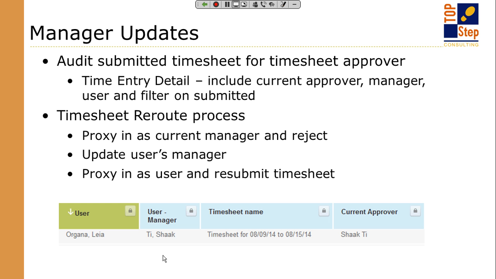It comes across in the email to the user that the timesheet's being rejected because it's being rerouted to another manager. Update the user's manager then at that point, and then proxy in as the user, Leia, in this situation, and resubmit the timesheet. And it will reevaluate who the manager is, and it'll reroute to the person's manager. So really to reroute things in process, you have to do that proxy, reject, and then resubmit on behalf of